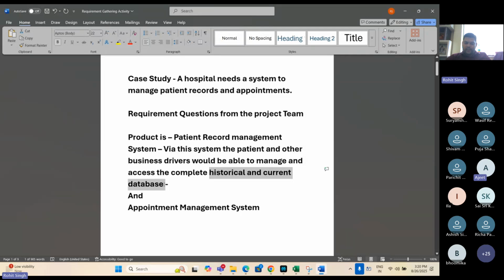That would be completely available in the historical and current database, or let's say his complete medical history.